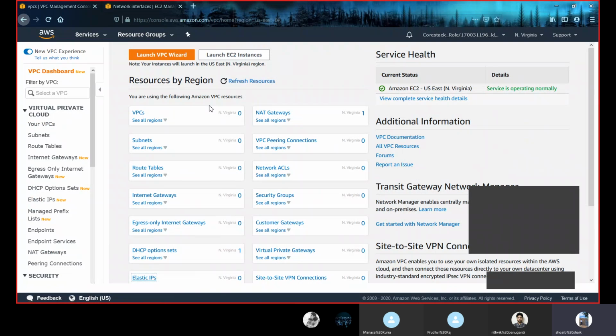That means we should create separate VPCs for separate environments. Like if we have to create a VPC for development, staging or production environment, then we have to create separate VPCs for each of them.